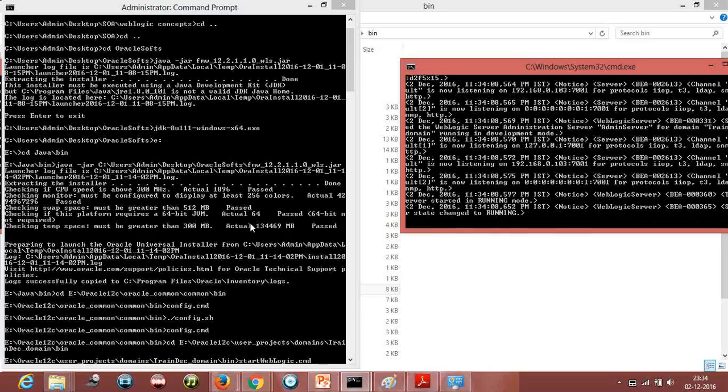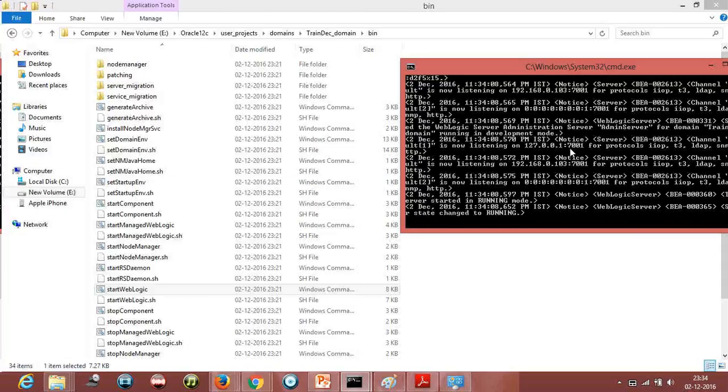This command prompt is my own, so whatever error comes, I can see. Otherwise, I need to go to the log folder and check. So my server is running now. If you see here,